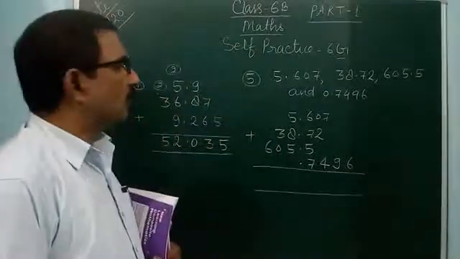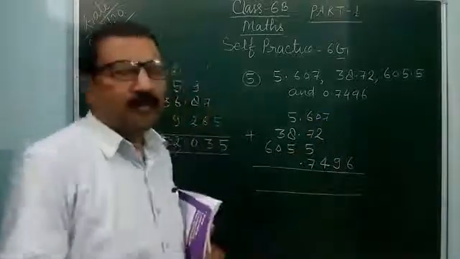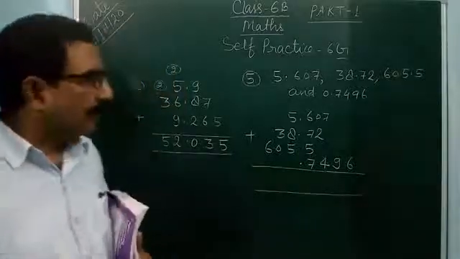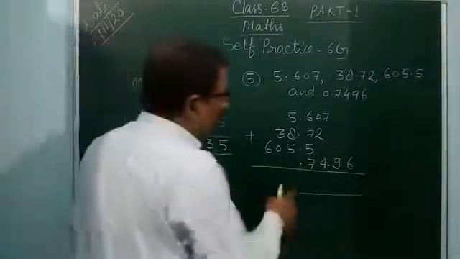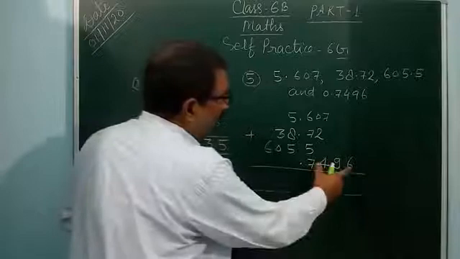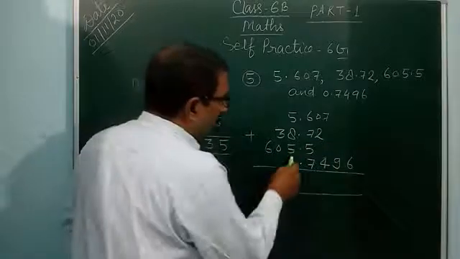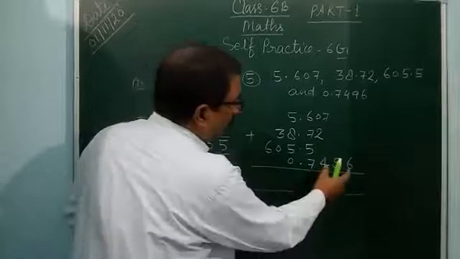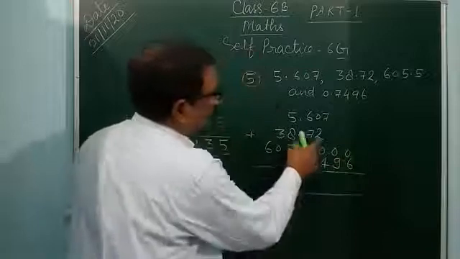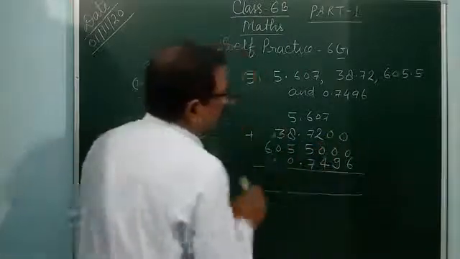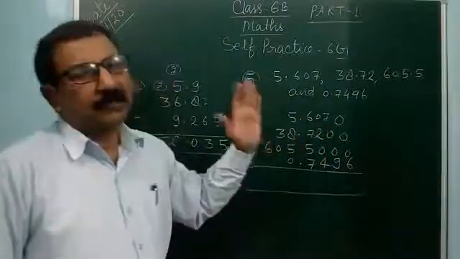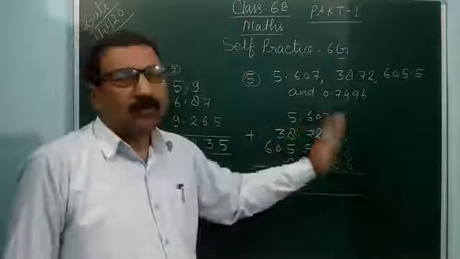If you want, you can fill the gaps with 0. There is no difference, no change in the value, because it will be changed into like decimals. After the decimal, how many digits are there at maximum? There are 4 digits maximum. So for 1 digit after the decimal you put 0 three times. Here 2 digits, you add 2 zeros. Here 3 digits, you add 1 zero. Now after the decimal all the digits are equal, so it has been changed into like decimals.